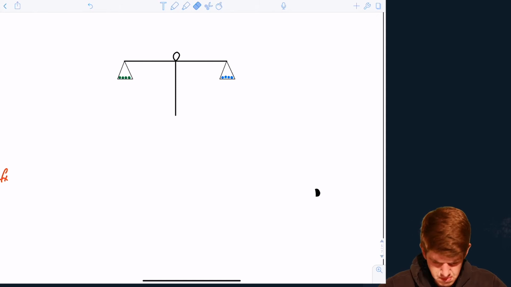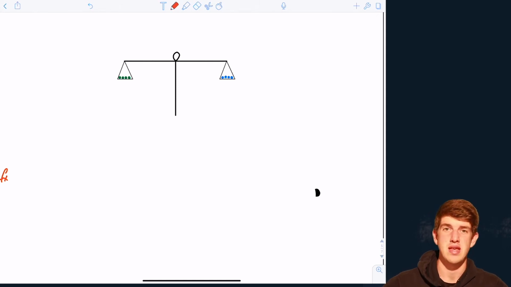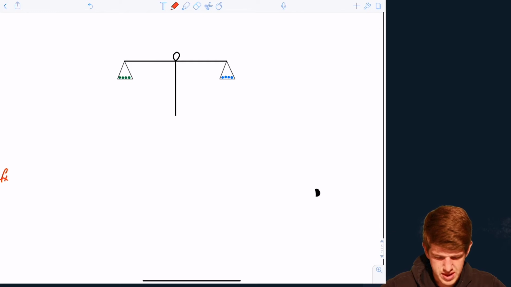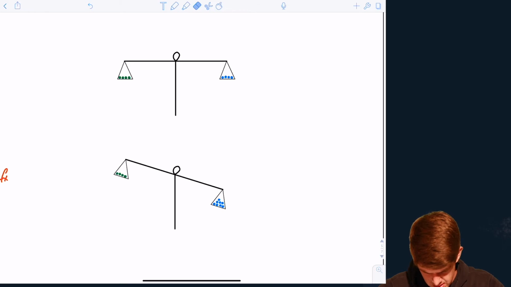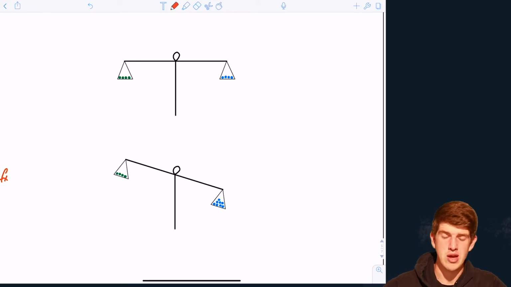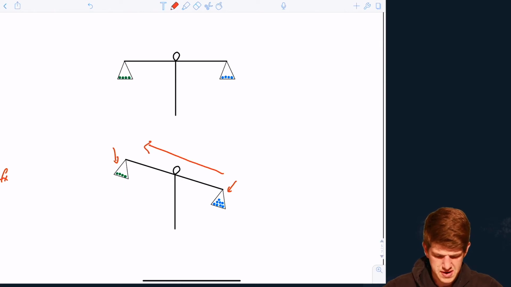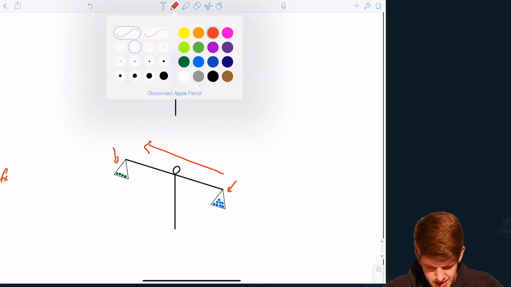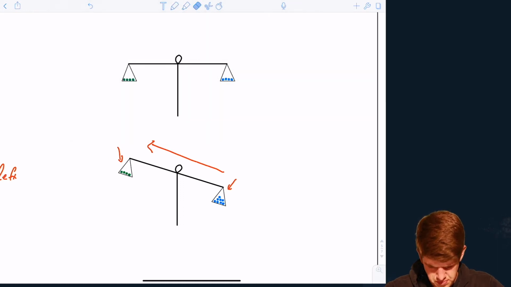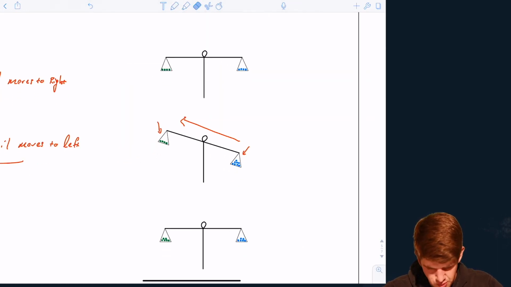So if I suddenly increase the concentration of one of the reactants or products, in this case the reactants, what's going to happen? Well, I'm going to throw off my equilibrium. Now I'm going to have too much of one of the molecules, not enough of the other. So my reaction is going to say, let's shift equilibrium this way. Let's form more of these green molecules and get rid of some of these blue molecules as a result. And doing so, I will now reform